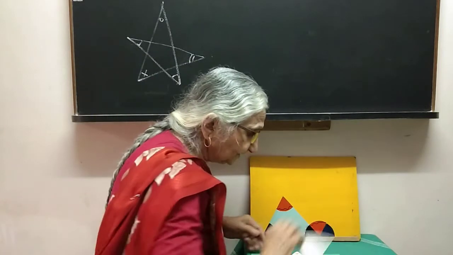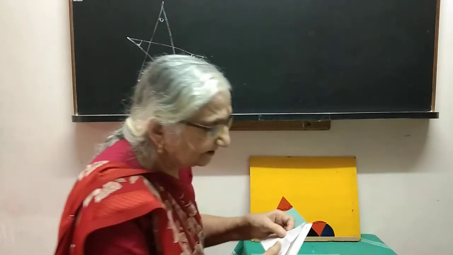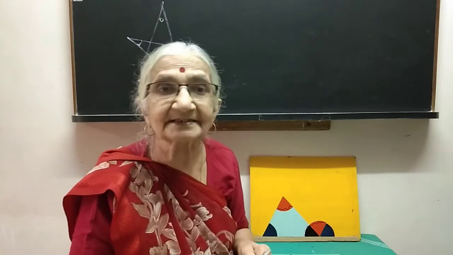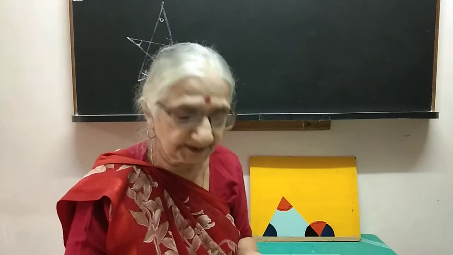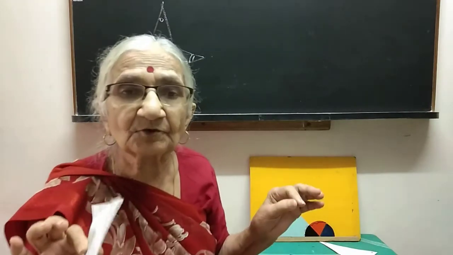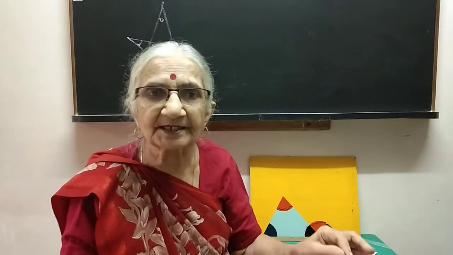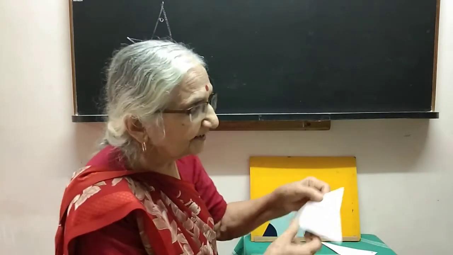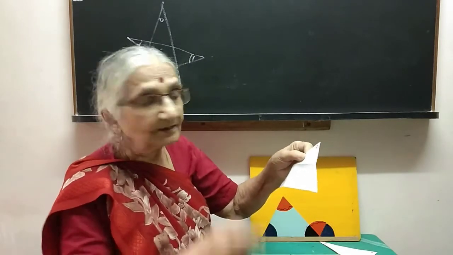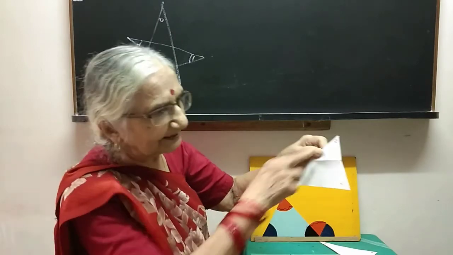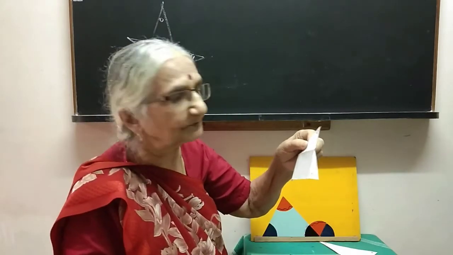Alright, now the angle sum of a triangle can also be seen in a very different way, which is getting very common these days, that is paper folding or origami. What you do is, you take a triangle. Paper folding means no cutting, no drawing, nothing. Just fold the paper and get results. Okay, now here is the triangle. We want to show that the sum of these 3 angles is 180. We have marked them here so we can see immediately when we get them together.